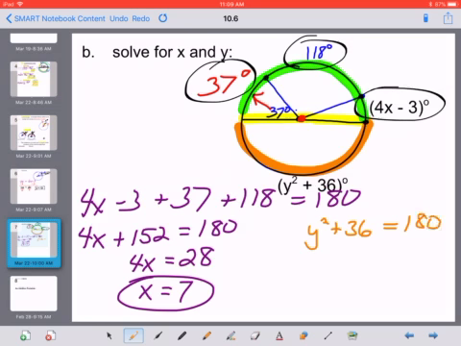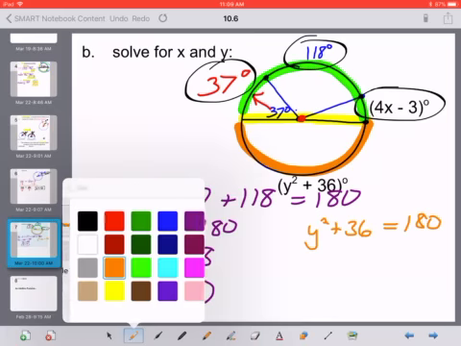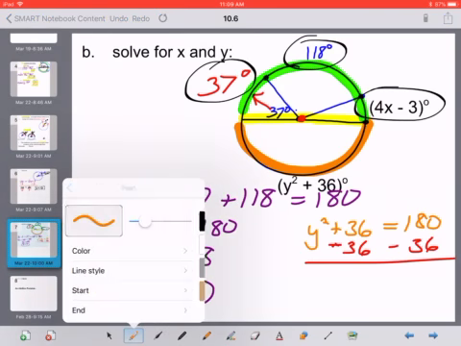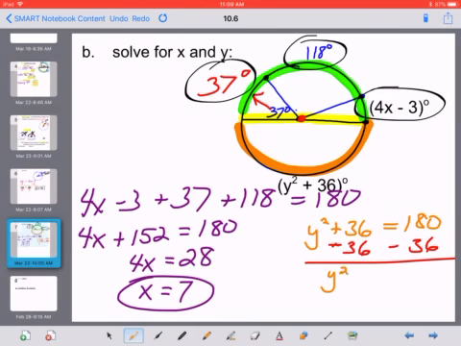Now that square might worry you a little bit because we haven't seen much of that this year. It's what we call a quadratic equation, but this is a pretty simple one, so nothing to get too concerned about here. If we were to subtract 36 from both sides of that equation like we normally would do, that is going to get us y squared equals 144. And now, to get rid of a square, we're going to take the square root on both sides, and the square root of y squared is just going to be y, and the square root of 144 is going to be